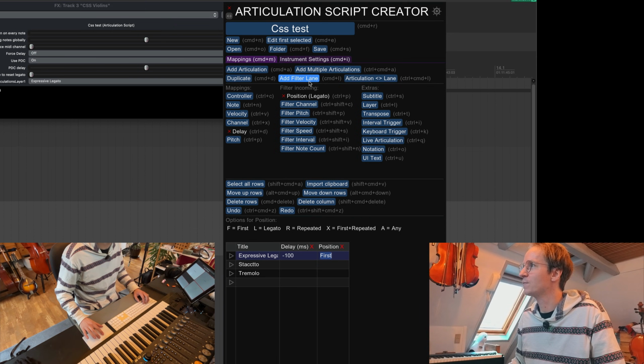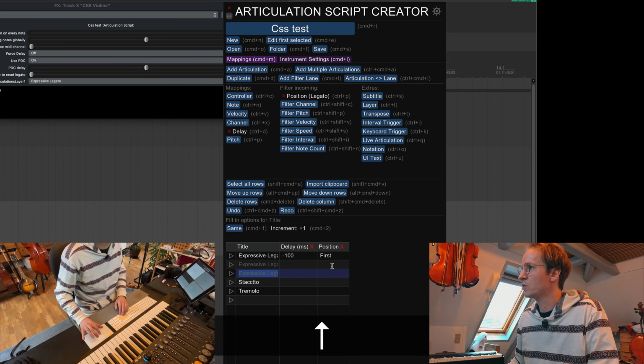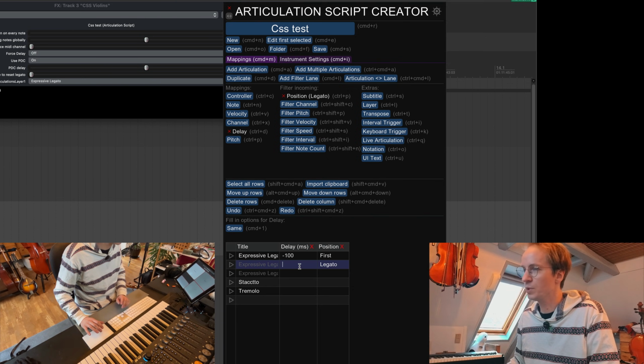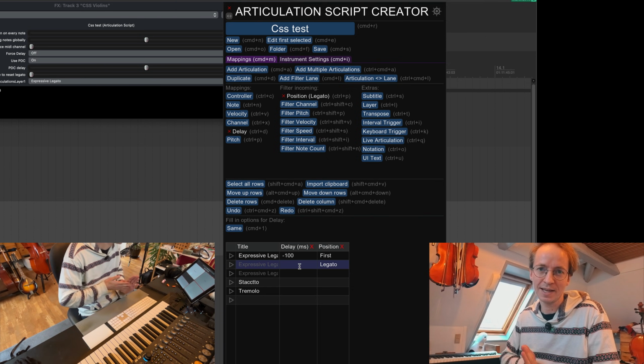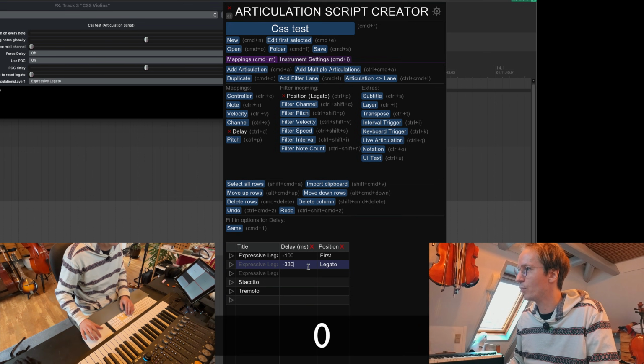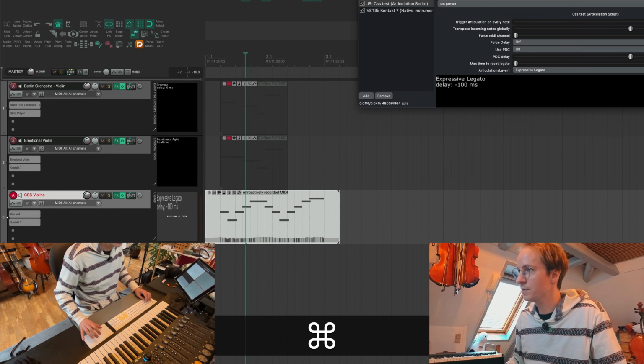So we add a filter lane. And actually, let's just add a couple more. So what we have is legato, and we know the slow legato is around a third of a second, so minus 330 milliseconds. And if we just save this and add that to the script and play,